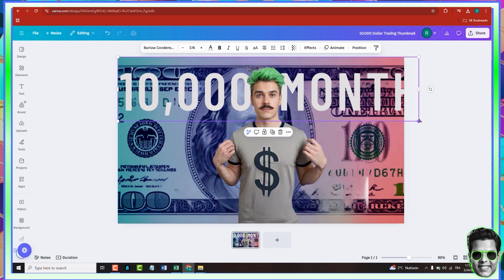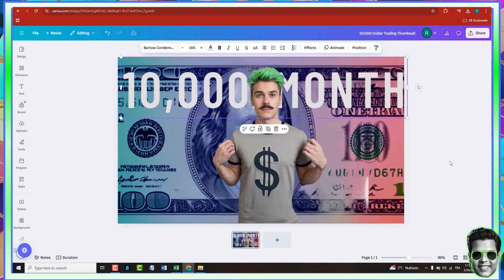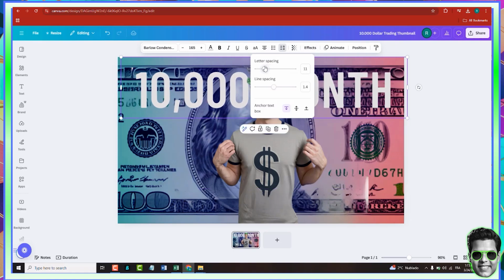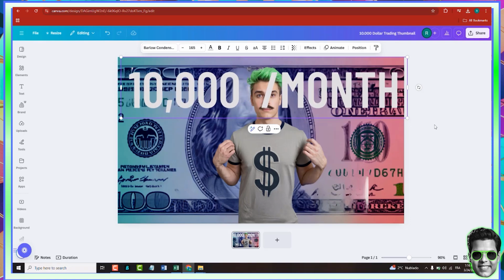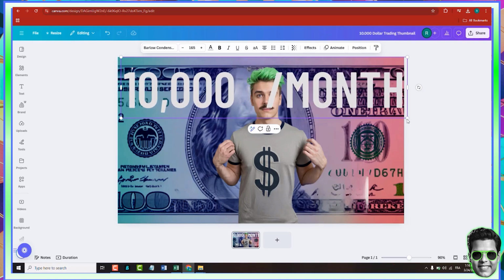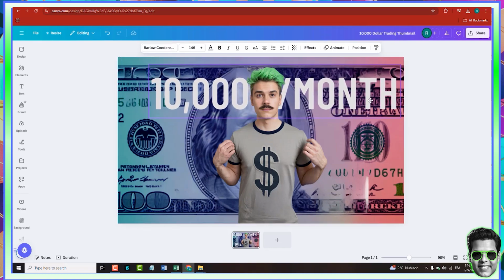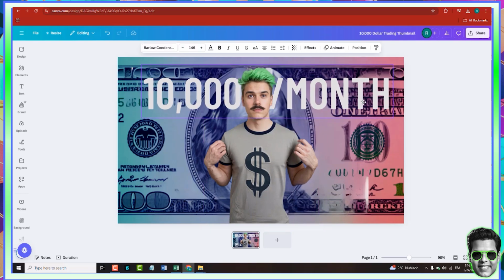Right. I think I could probably just decrease the size. Or I could potentially, instead of adding the line spacing, bring it back to close to 0. And then from here, I could just double click and add a space in here instead. And maybe just reduce the size of this. And then just position it right here. I think that's much better. But I'll have to position our guy in the center for that to work perfectly. And then I'll move this slightly over here. And you can see that this is much better,